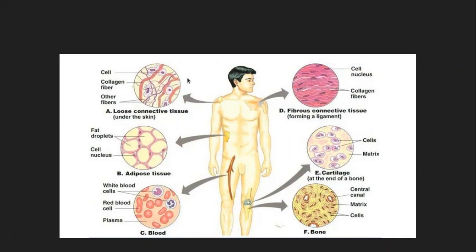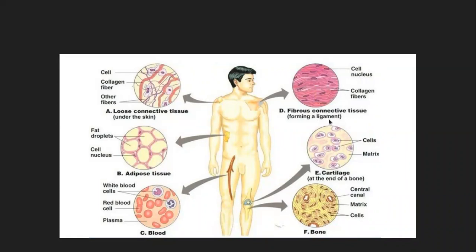If you look at different types of fibers, or different types of structural arrangement within the connective tissue itself, there is quite a lot of diversity. So this fibrous connective tissue has more collagen fibers,